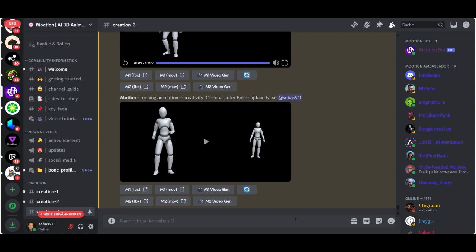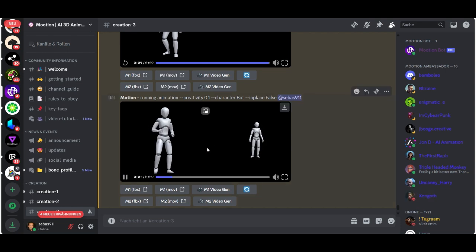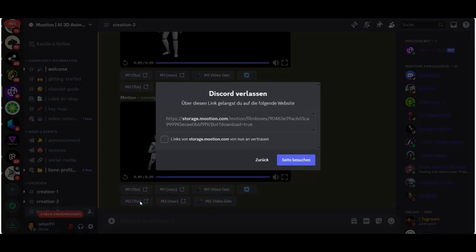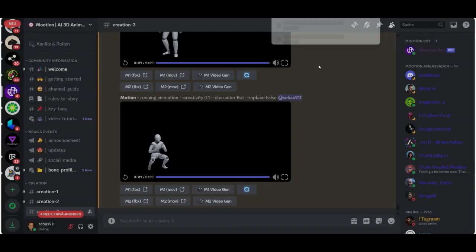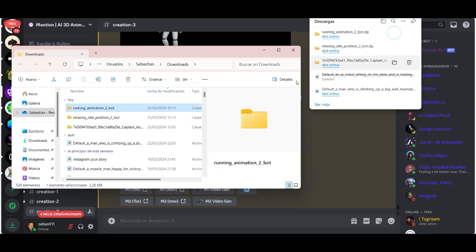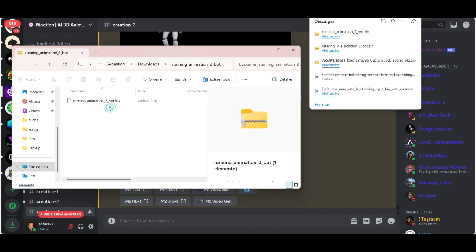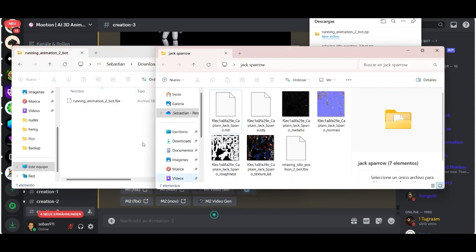Now we got our animation, always 2 versions, and give it a try. I like both of them, but I like more number 2. M2 FBX, download, move the animation into the Jack Sparrow character folder,